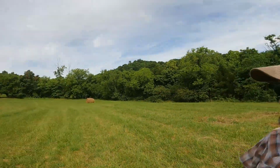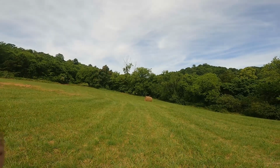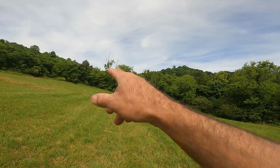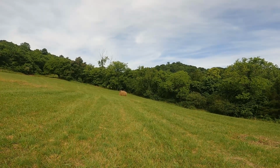I went and tried a couple other spots up here in the woods, and that whole hillside's nothing but rock up there. So I'm not going to be able to get any dirt there. So what I'm going to try now is over in this corner by that hay bale. You probably can't tell on the camera, but there's a little bit of a swell there. Surface water goes down through there, and then there's another ditch back in there. But I'm going to go over here by this hay bale, dig some test holes and see if I can